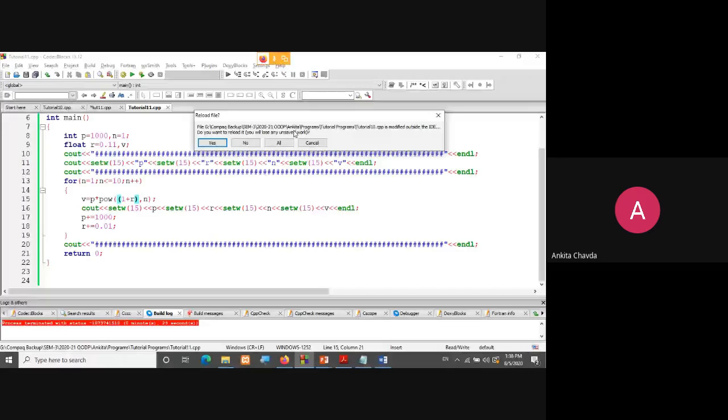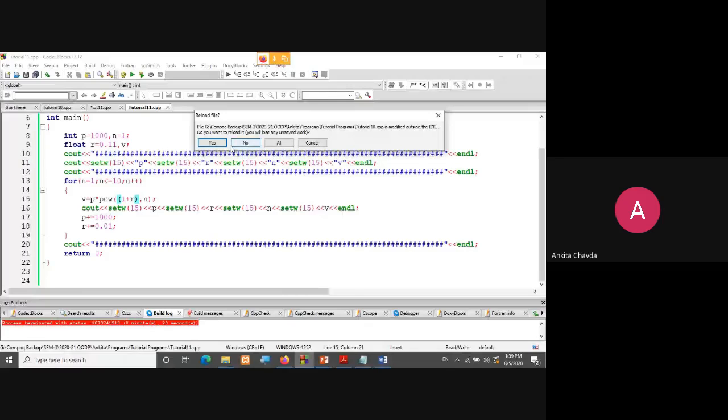This is the optional one, but I'm using one cout, and I'll use it for the second one also, and for the third one also. So just copy this first one, so you will get the exact one. Otherwise there would be a mismatch.